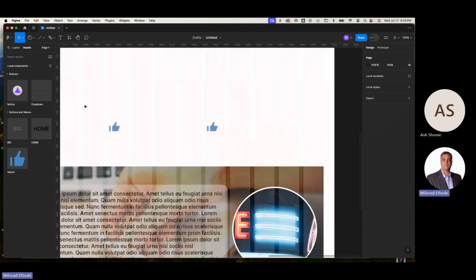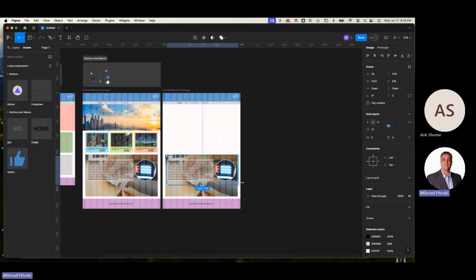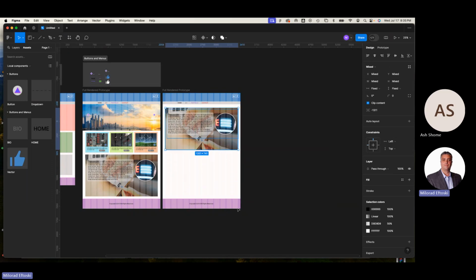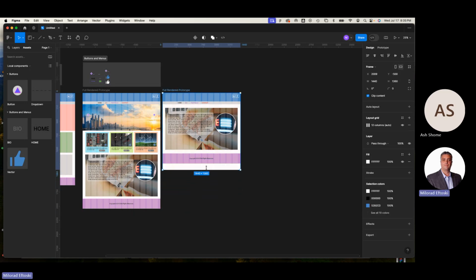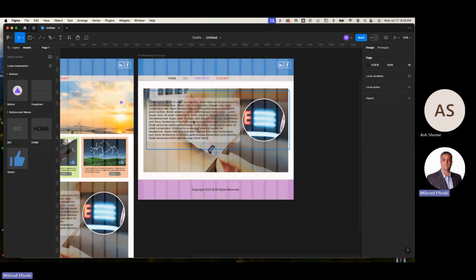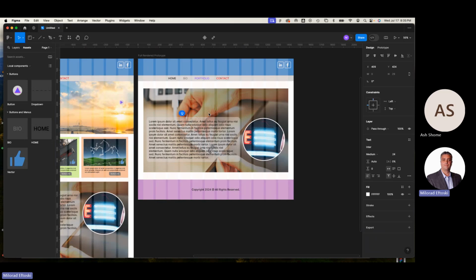Zoom in here. Just do a slight change with my layout for a second. Just to show you how easy it is to do this. Let's say this is my bio section, right? Go. And this page is not as long as the home page, so it's going to be this short. And this is my, like I said, your bio section. Maybe I'll clearly identify that by typing biography